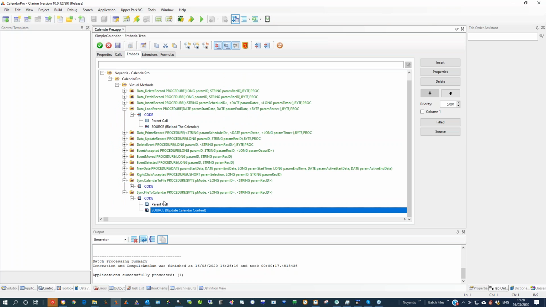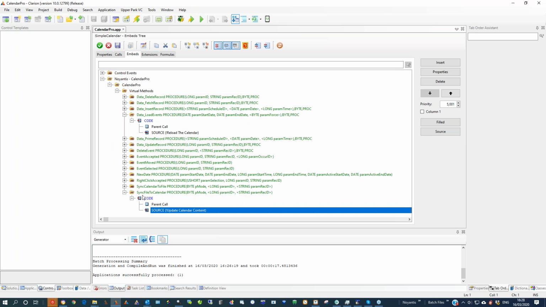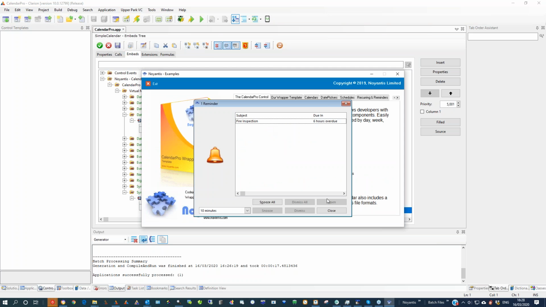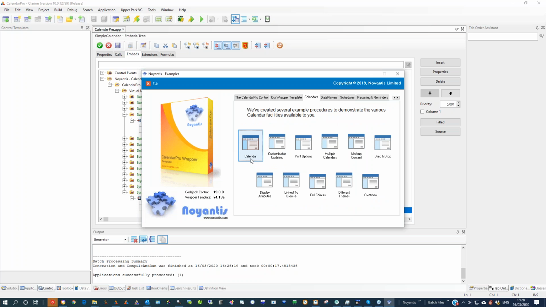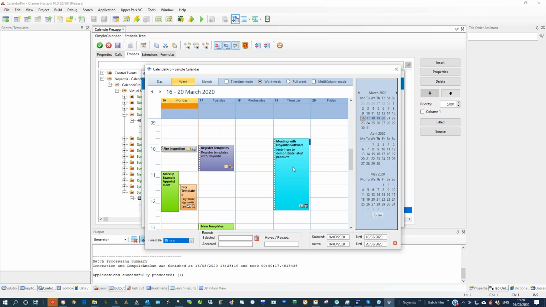Okay. In this embed point, in the synchronize, you've got two synchronize: a synchronize file to calendar and a synchronize calendar to file. So you're having your user basically... Just let me show you what the two are. So if I